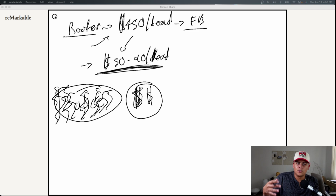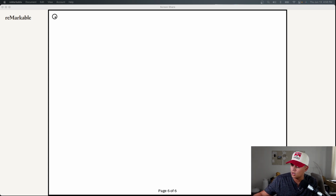So, is adding value in these groups with no direct return annoying? Probably. Is it time consuming? Yes. Does it pay dividends in the future? Yes. So the way that this goes is people are going to be asking questions